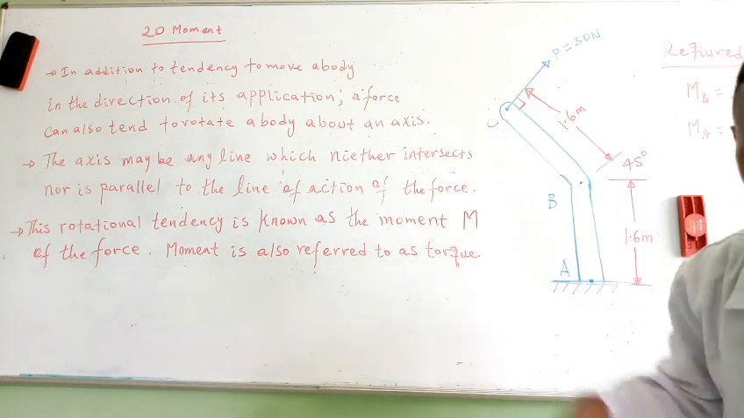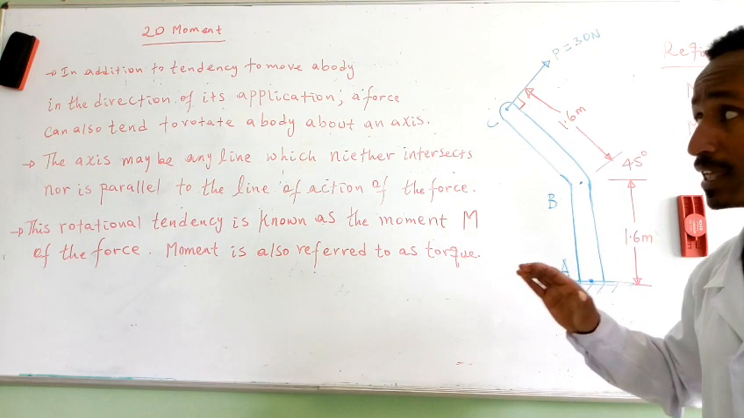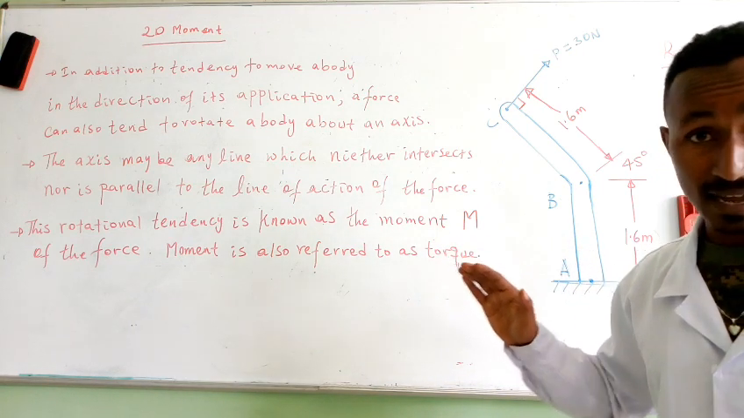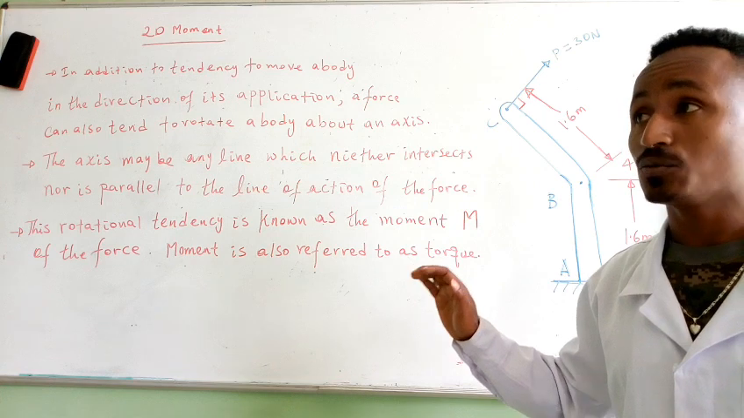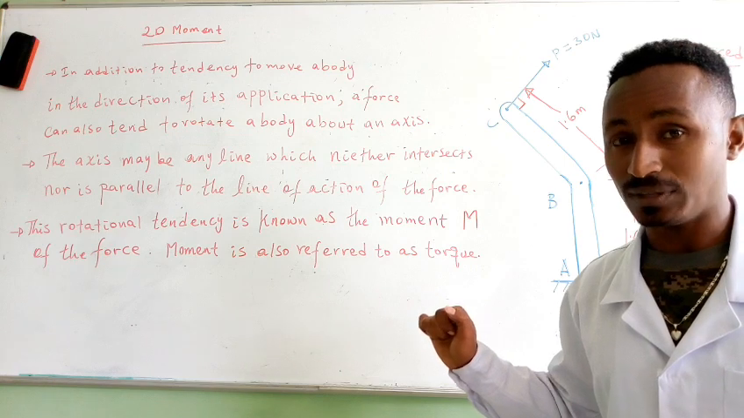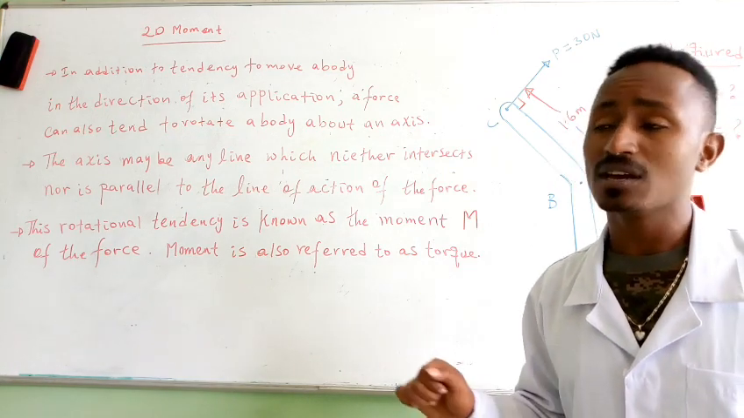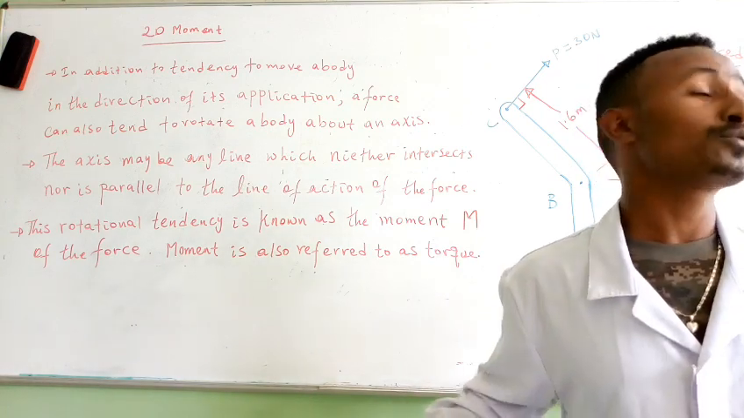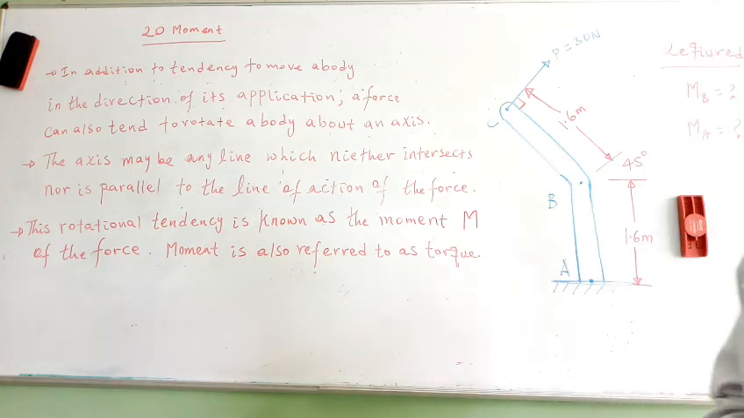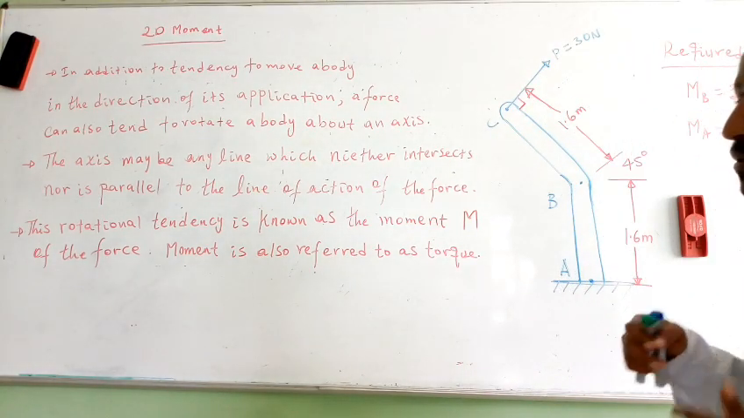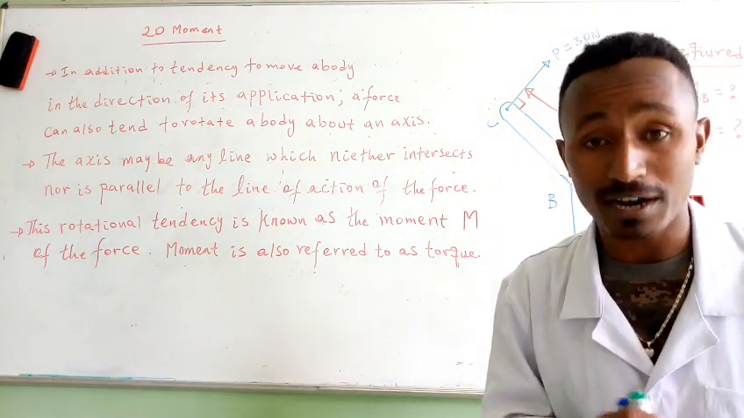When the force tends to rotate the body about its axis or its fixed axis, we can get the moment or torque, the turning effect of the force. That means the turning power of the force. What is the turning power of the force called? It is called moment. And the axis may be any line which neither intersects nor is parallel to the